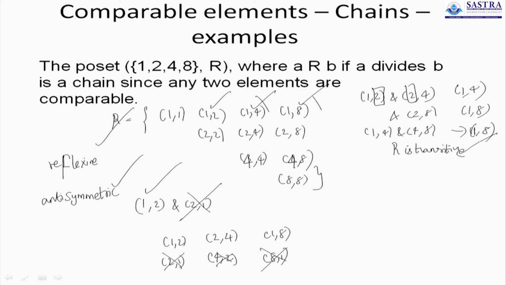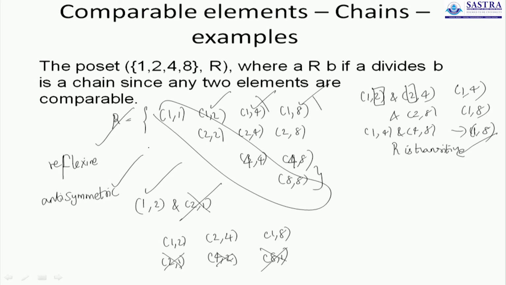But the question is about, do we have the property where any two elements selected at random are always comparable? That's pretty much possible, because in the set of ordered pairs that I wrote here, for any two elements I will have at least one pair. For 2 and 4 I have 2 4. For 1 and 8 I have 1 8. For 4 and 2 I have 2 4 again. For 8 and 1 I have 1 comma 8. For 2 and 8 I have 2 comma 8. For 4 and 8 I have 4 comma 8. So for any two elements that I select, I have this idea available before me.